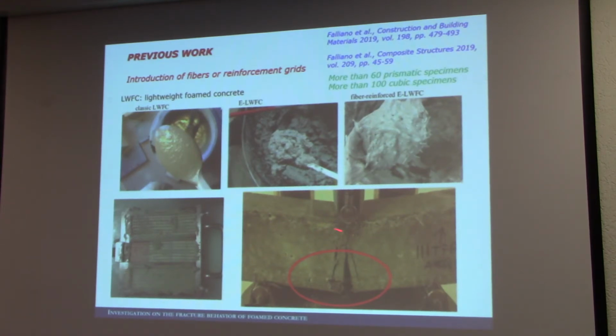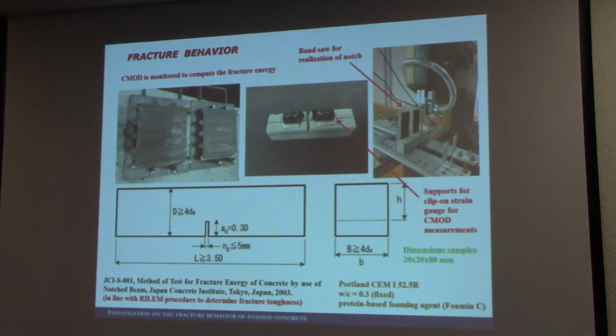Previous investigations were concerned with the possibility of increasing the resistance of the foamed concrete through the addition of fibers or through the placement of bidirectional grids, which is convenient, for example, for partition walls in residential buildings. We noticed that there was not so detailed an investigation in the field of fracture behavior of foamed concrete. We explored the current literature, so we were motivated to undertake this task, and in fact we prepared some specimens